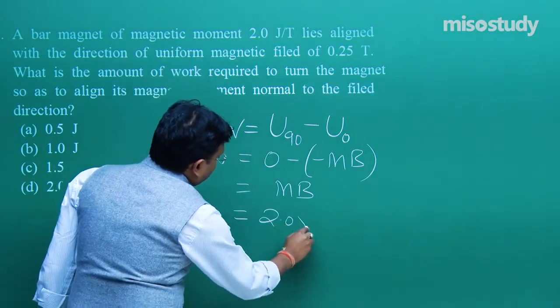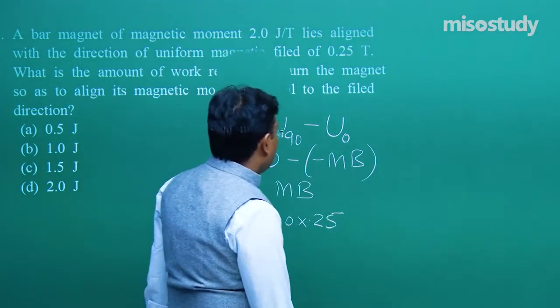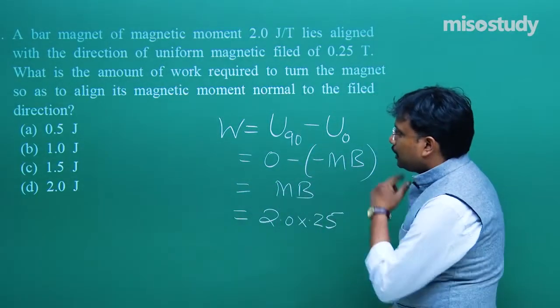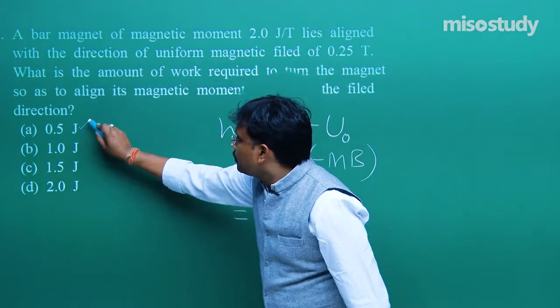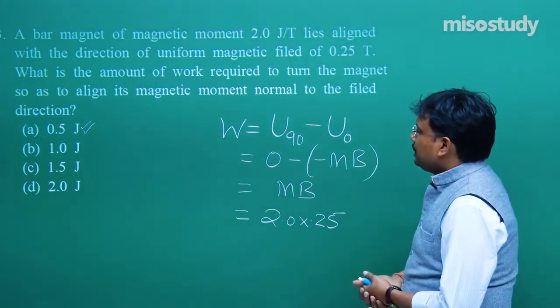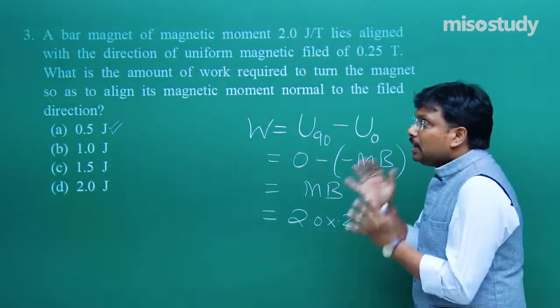So 2.0 into 0.25. Now very easily you can find the solution of this question, that is 0.5 joule. So you can say these questions are not difficult, all these three, but